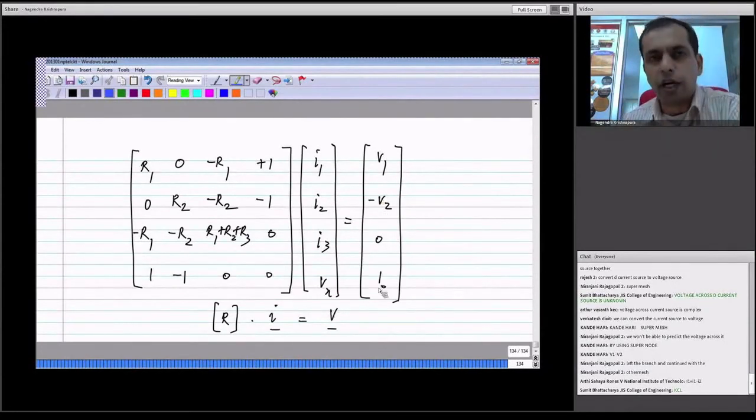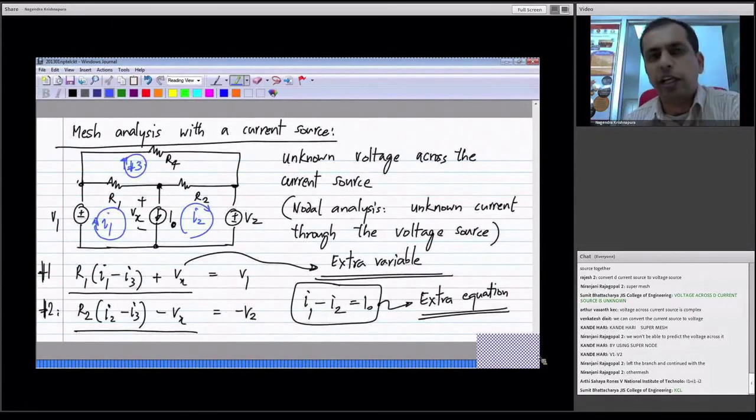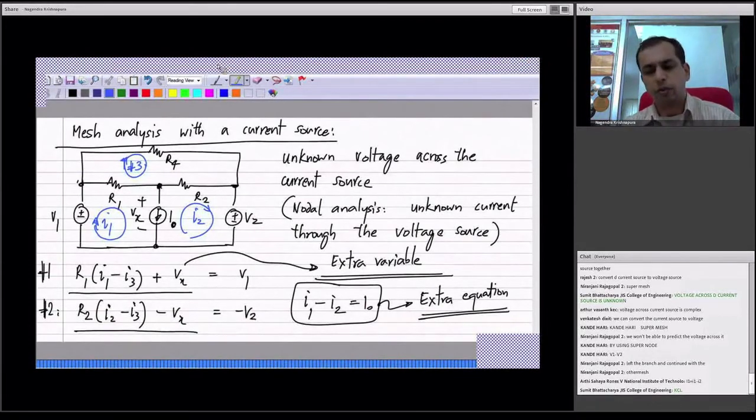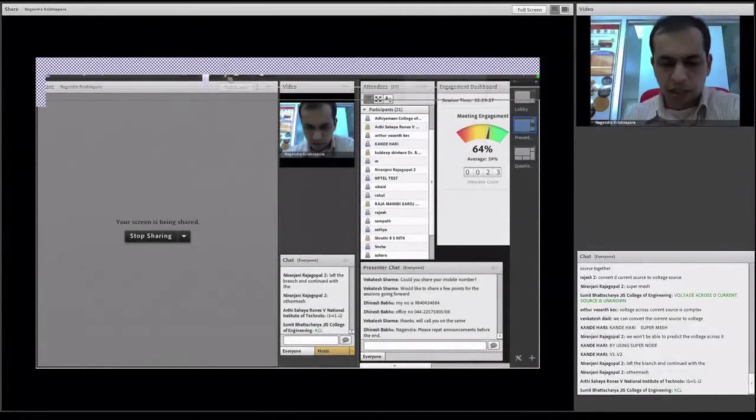Now, while doing hand analysis, this increased number of equations is not a good thing. You would like to reduce the number of equations. So then the answer is very clear. Again, we followed all these steps while doing nodal analysis with voltage sources. So I will go through it a little quickly. If I sum these two,